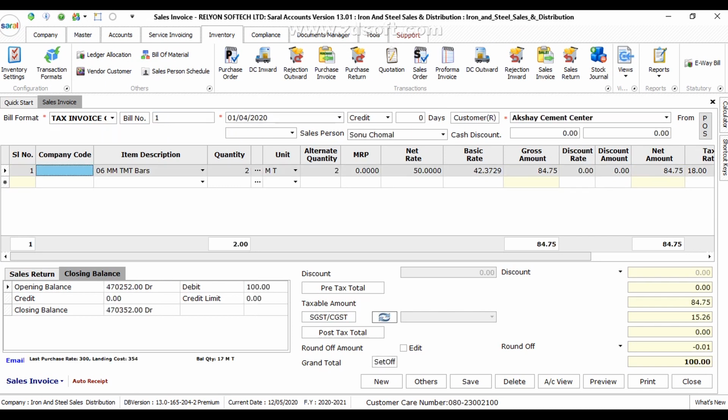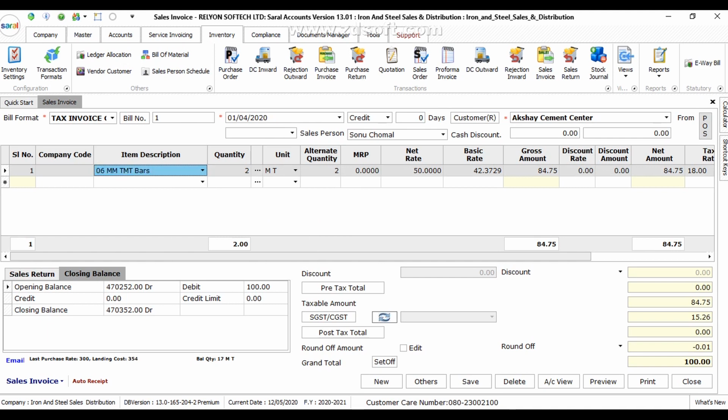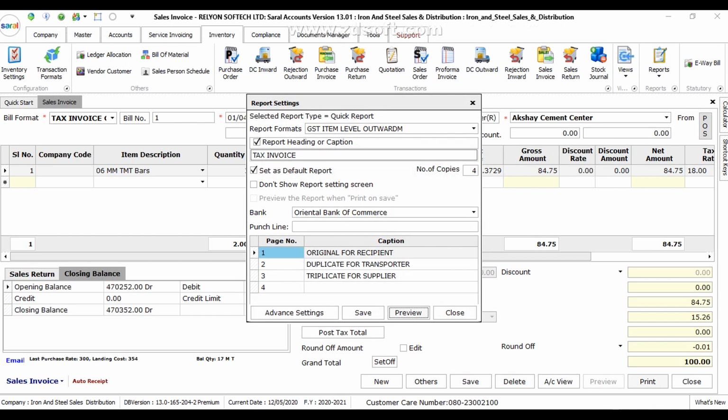For the sales invoice, same, we need to select the customer and credit or cash, that is the transaction. Then the salesperson, the item which we are going to sell, and quantity. It will fetch automatically all the details of the rates and it will show the final amount. So let's see the invoice.